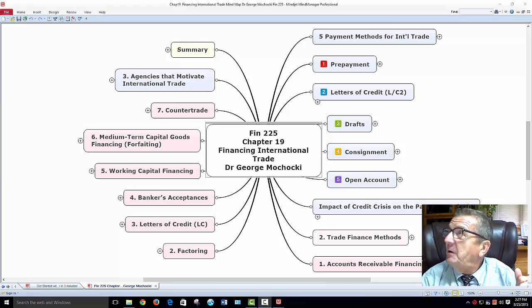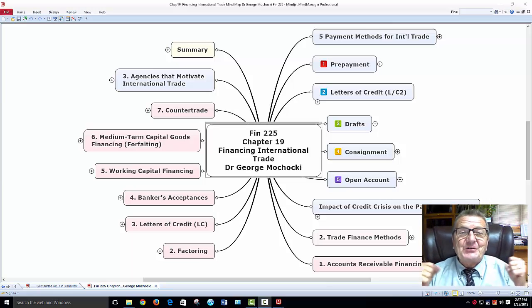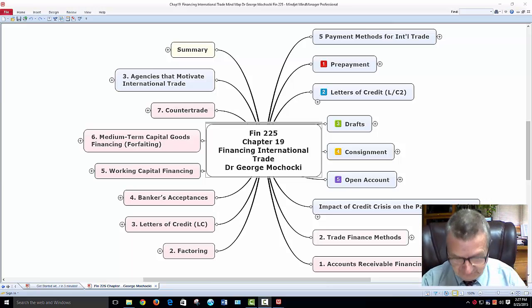We're at chapter 19. After this chapter, you only have two more chapters, and you're finished with the class and ready for the final exam and ready to turn in your MMC feasibility research study on which country your team is planning to open up in, utilizing what you've learned from the previous chapters. Now, if you look at this chapter, I've been adjusting my mind maps a little bit depending on the